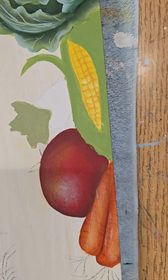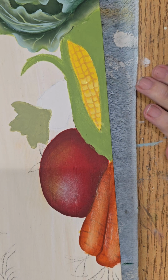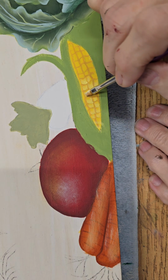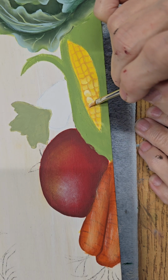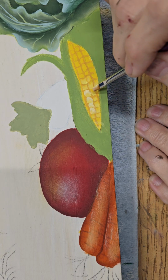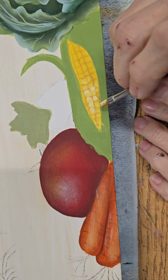Now, I called for buttermilk, but I'm going to add a tiny bit of this yellow mix in there just to tint it a wee bit, not very much. Still should look buttermilk, but I found the buttermilk just was looking, I probably had a dirty brush when I did it, but the buttermilk was looking just a little white yesterday when we did it. So now it's the top of the kernels. Same thing. Highlight the tops of the kernels. So you're going to float the buttermilk, and I did just tint it a little bit with the